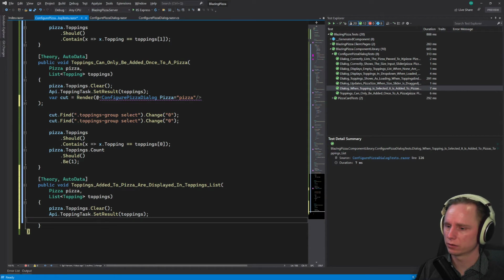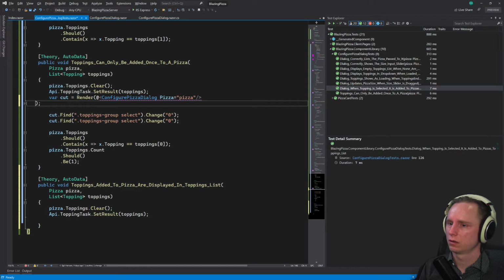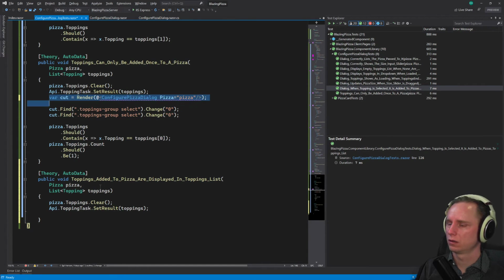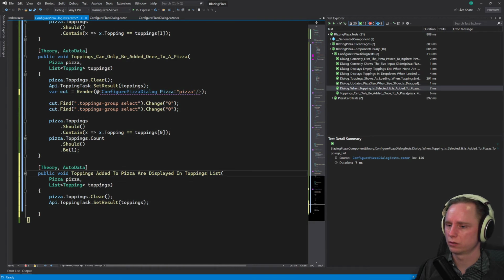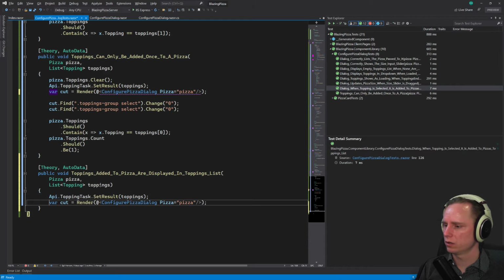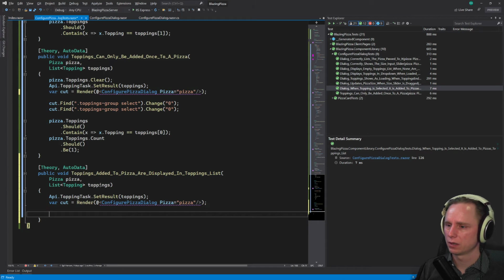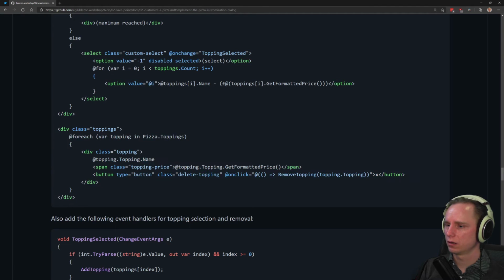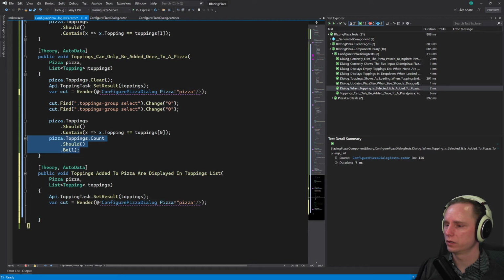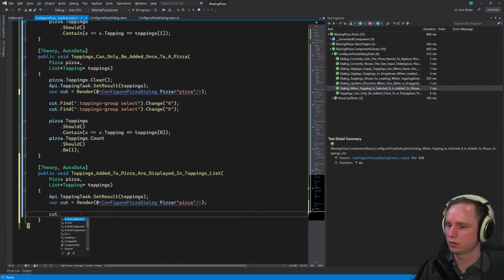Yeah, that works, I guess. So let's do this. If we don't clear this one, I believe there should be some toppings already there. So now we have a list of toppings, and inside of that I expect there to be this many toppings. So let's do cut.find